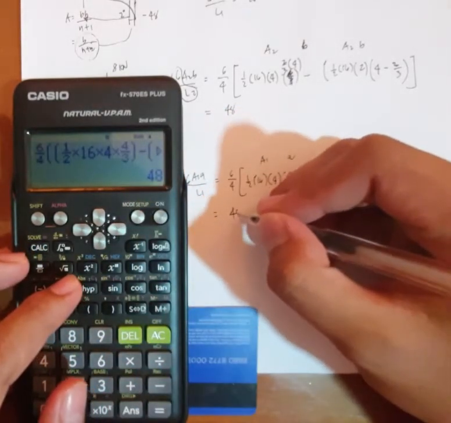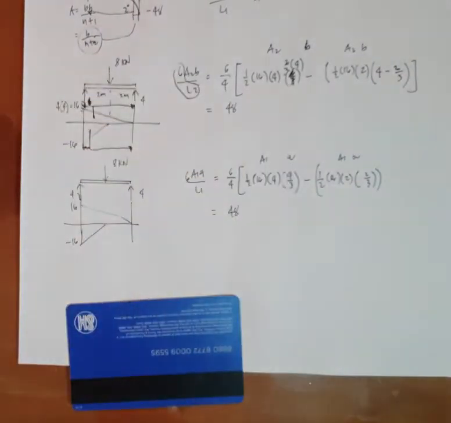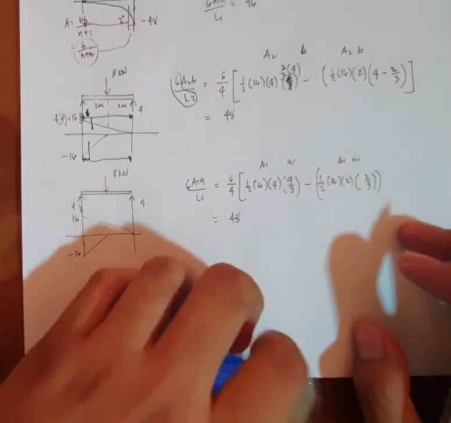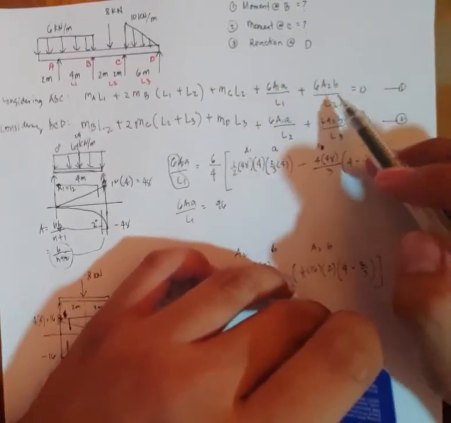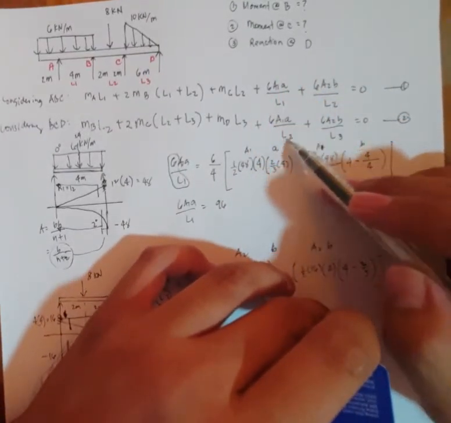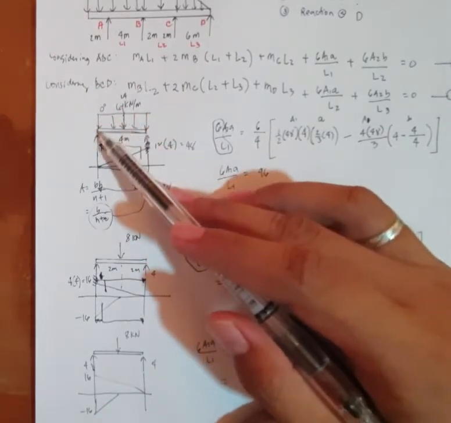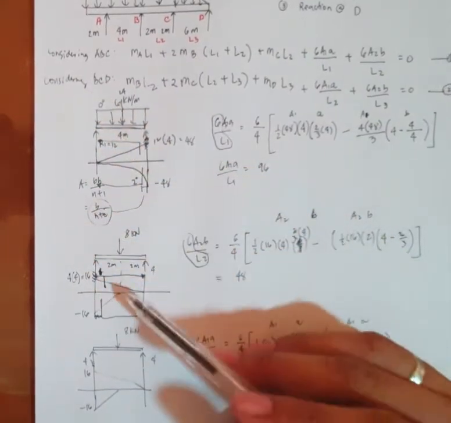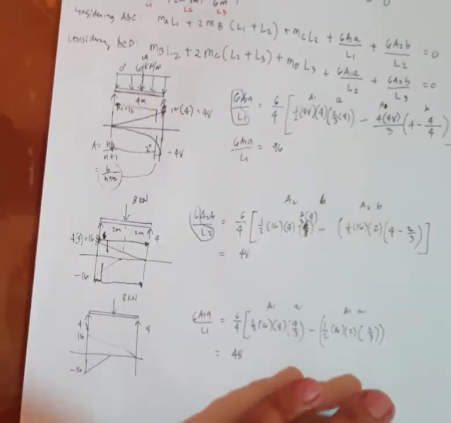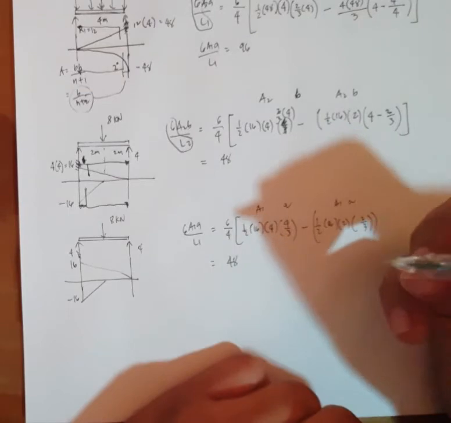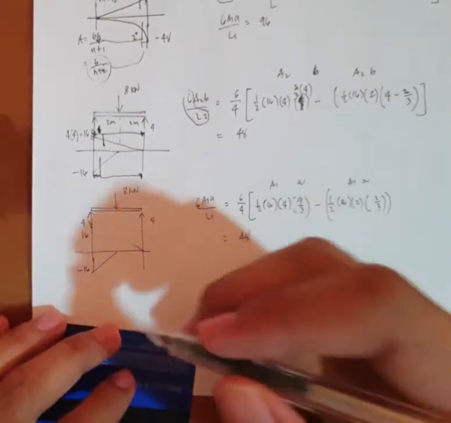Still, we get a value of 48. Okay, so they are the same. This proves that they are the same. 6A2B over L2 or 6A1A over L2 for this symmetric loading has the same values. Okay, so next is